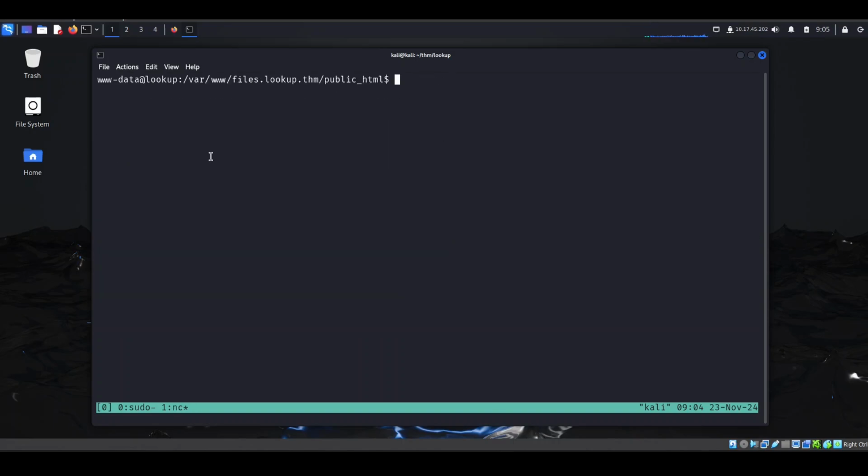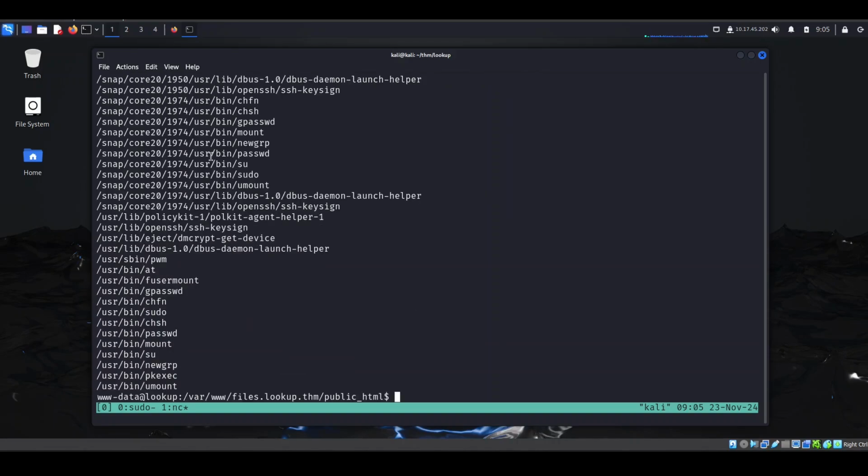So now I'm going to find the files that have the SUID bit set. For that, we can do find / -perm -4000 2>/dev/null, for specifying that any error should not be printed. So this is the overall output, and out of all these things, this is the one that stands out. It is owned by user, and it's called pwm, and if you run it,